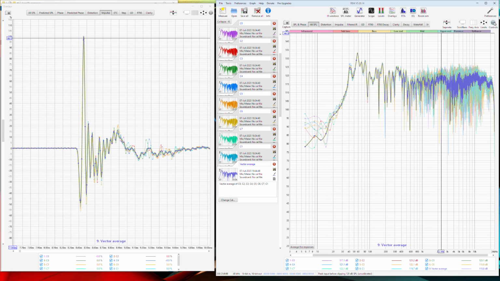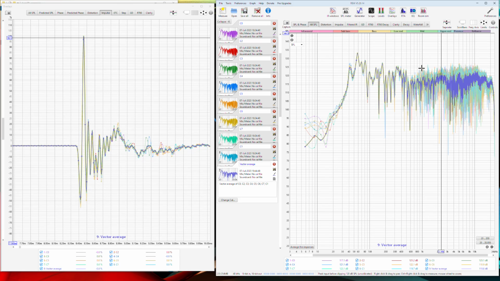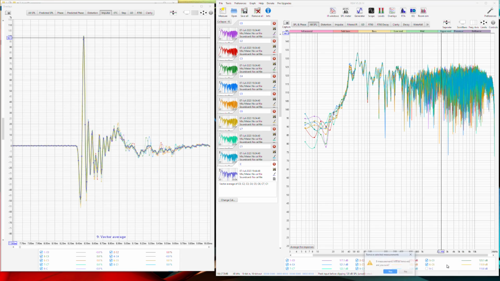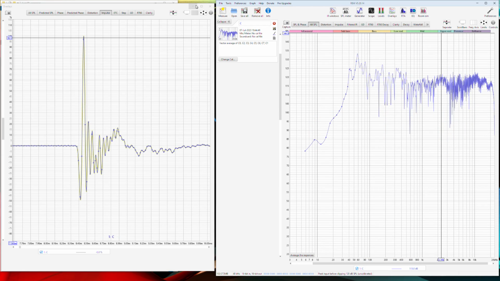And once that is done, you can take a vector average over these measurements only after cross correlation alignment, and as you see, the response is very much in line with the average of measurements. If you didn't cross correlation align, you would see a major drop in the high frequencies because of the phase mismatch of different measurements. So this one now is your C measurement, a perfect average of all 8 measurements, which you can now erase. Untick C so it stays, and right click remove selected measurements. 8 measurements will be removed. Are you sure? Yes. This is how we have the C.